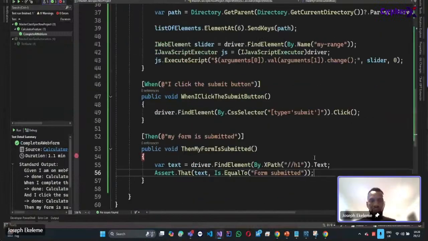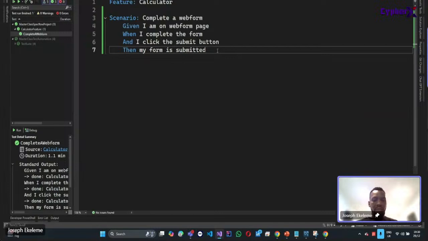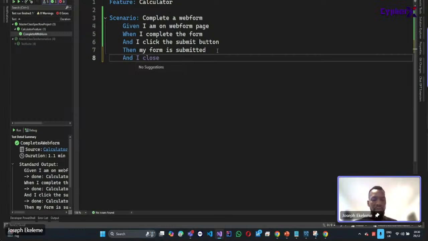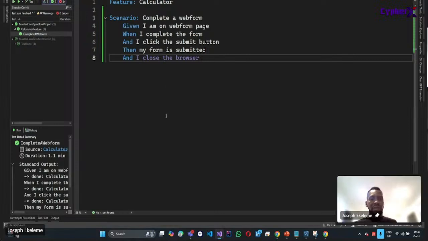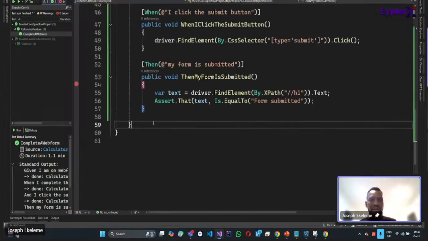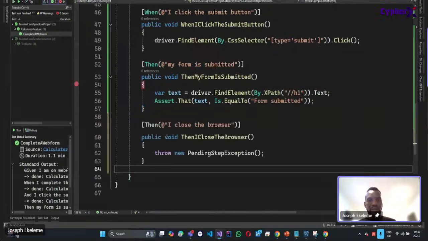So I can just go ahead and maybe add another step in the feature file and say, and I close the browser. And then quickly, I'm just going to generate this step again by pressing F12, and I can copy it here, go over to the step definition, paste the step definition in here, and I'm just going to type driver.quit